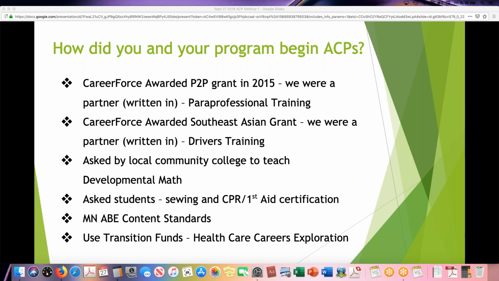Sewing came up. So we partnered with one of our local community businesses. He let us borrow 10 sewing machines, and we had a person on staff who could teach sewing, and they loved it. We ran 3 classes of that, and they made a tote bag. So we had men and women take those classes. Another was CPR and first aid, a really big thing that our students asked for. And again, CPR and first aid is one of those that many career pathways are going to need. So again, kind of just a small step.